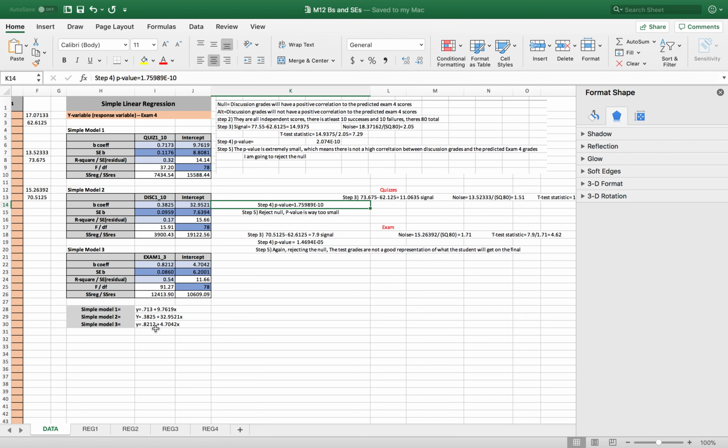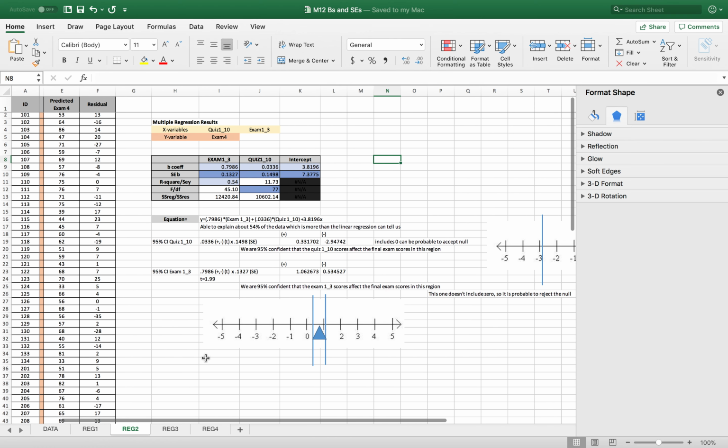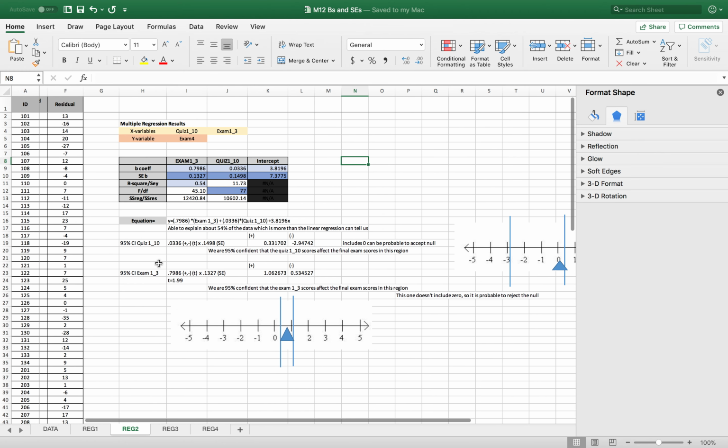Okay, so for the next one, I chose this one. We had to do a 95% confidence interval. Here I did the 95% confidence interval for my quiz: 0.0336 plus or minus our t-value times our SE. For the t-value, I used the degrees of freedom and found that it's 1.99. So for the upper side, it's 0.331702, and for the minus side, it's negative